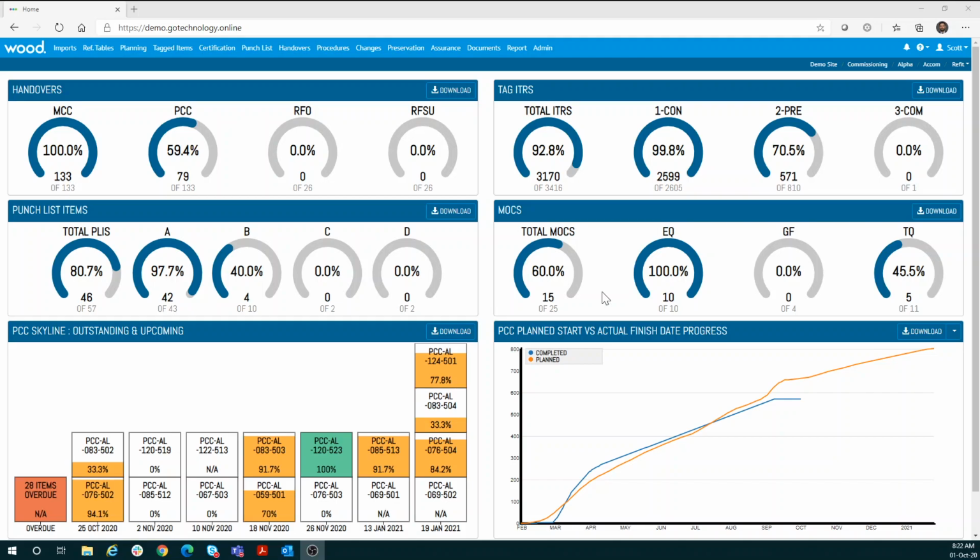Today we're going to talk about the GoTechnology dashboard and also our completions grid. So this is our dashboard when you log on to the system. You've just gone through with your username and password, and your project dashboard will be set up something similar to this. You can see we've got a predefined structure in here where we have handovers in this top